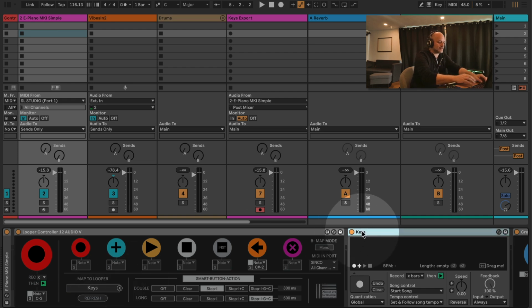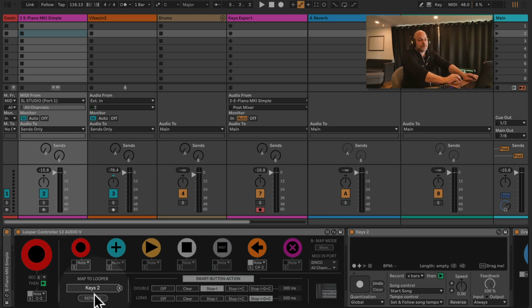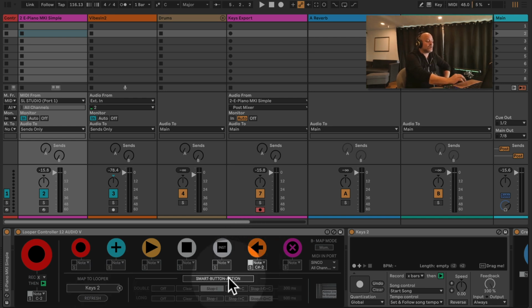So if I change the name to keys 2, for example, I hit refresh, and the name will be updated. Okay, so this is actually the whole mapping process here. Now I want to set up